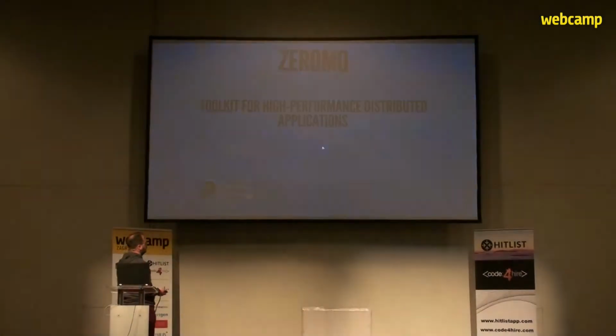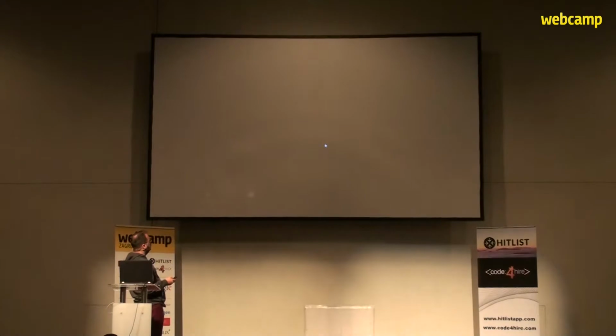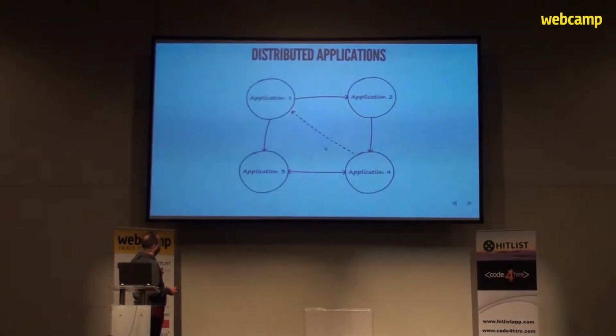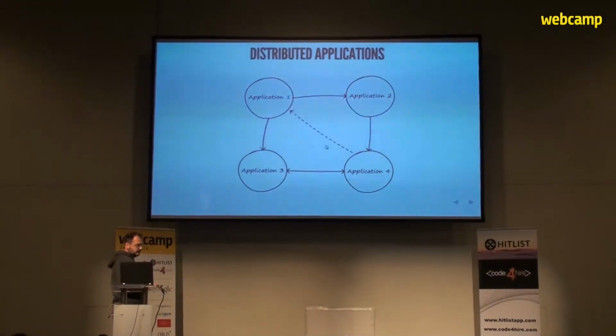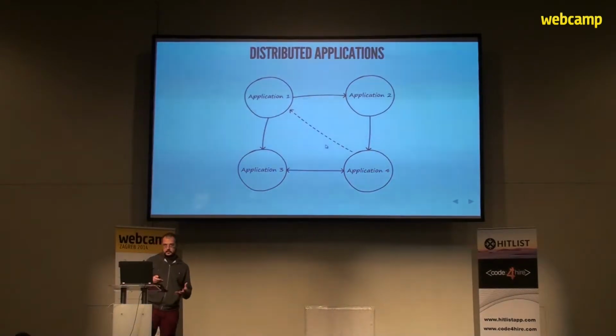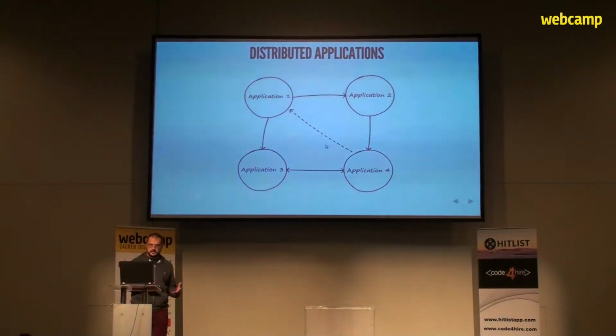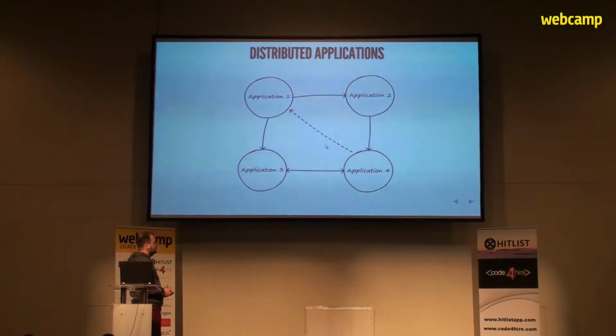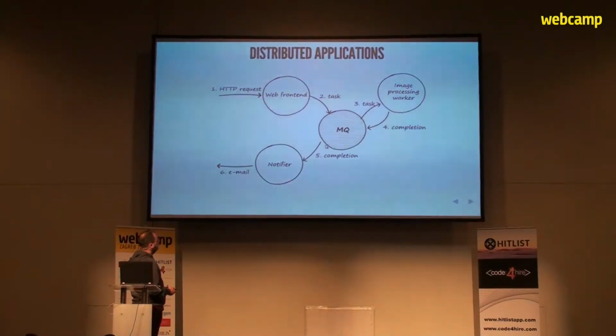Modern applications are typically distributed, in the sense that they consist of components which are either logically or quite often physically separated and which exchange the state by messages. Sometimes they don't have the same performance or timing requirements, like in this example here, where you can see the first,